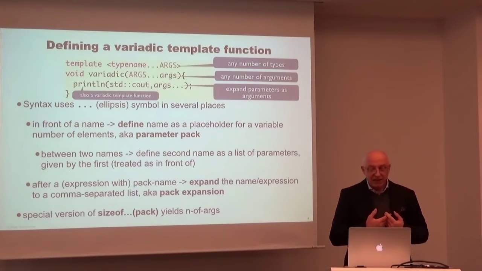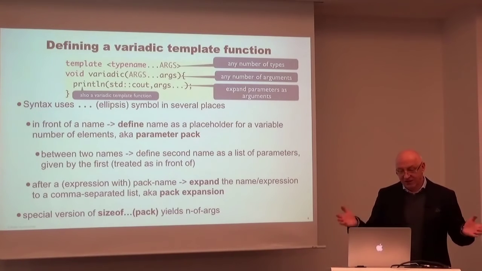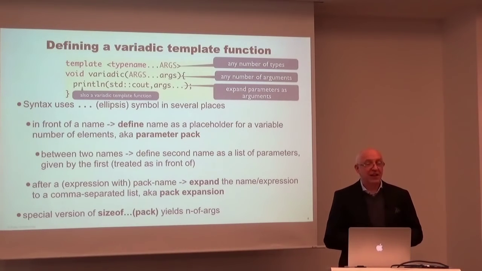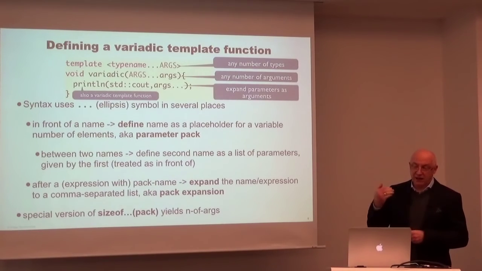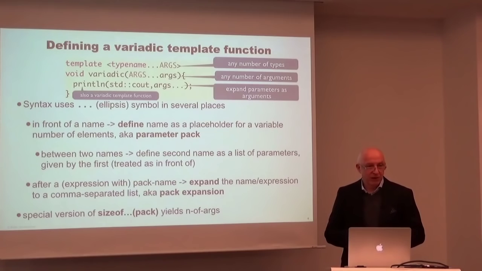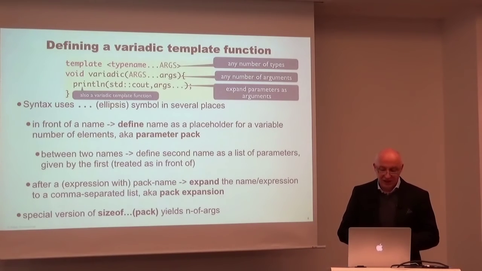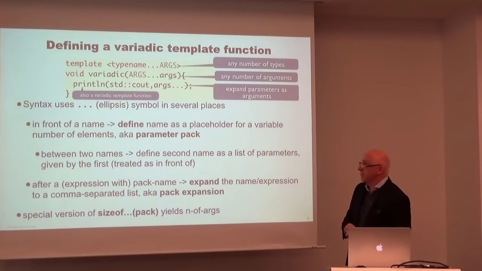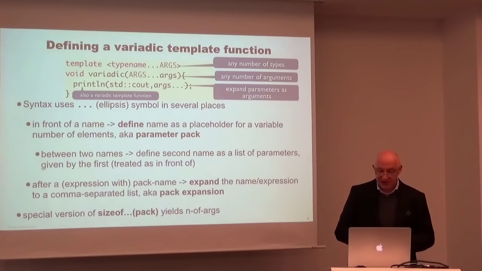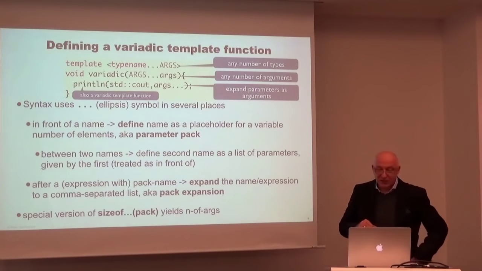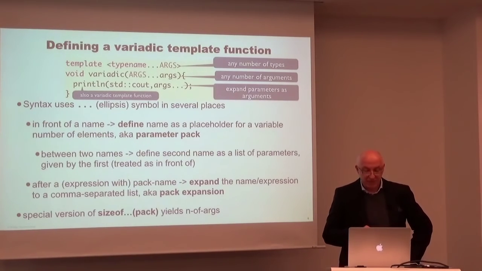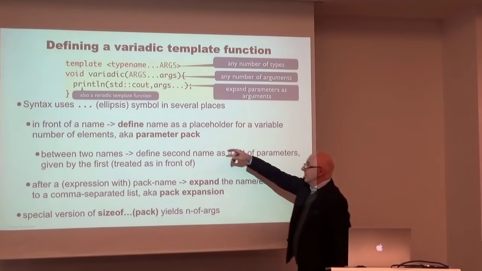Meaning, please, dear compiler, take the whole list of template arguments, the type name arguments, and define a function argument for each of these types. To give these function arguments a name, I use the lowercase args. And I hate myself again, I forgot to change that. And, well, I'm not showing you what to actually do with these args,